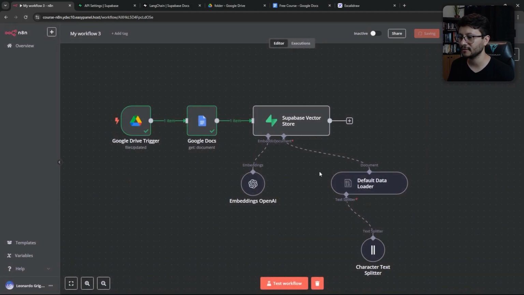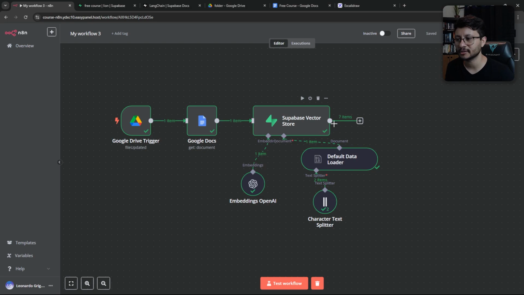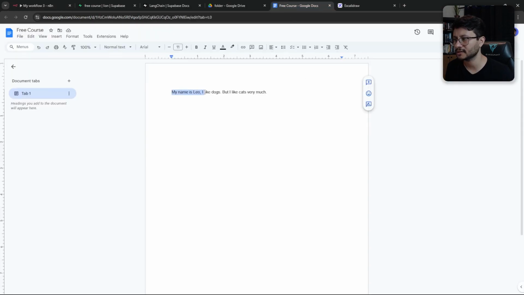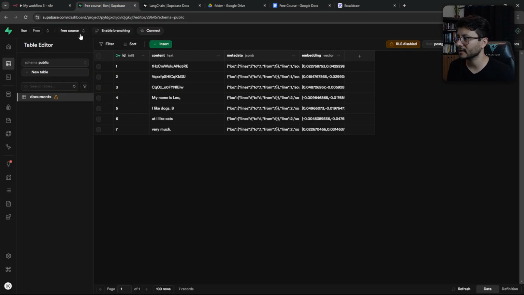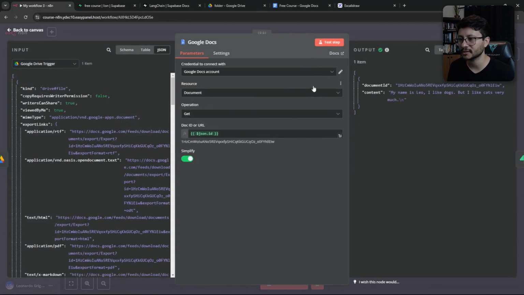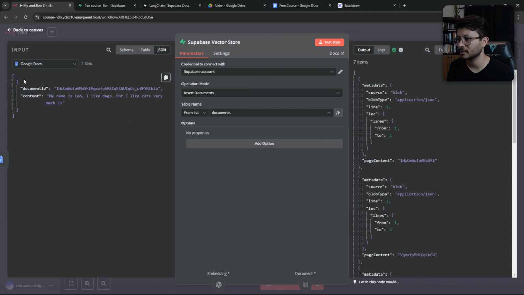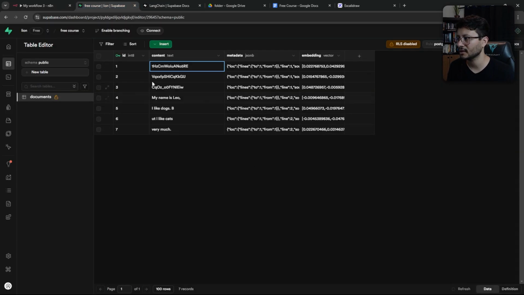Let's just place 15 in there. Go back, save, and execute this workflow. Notice that it generated 7 items. But why? Since dividing this phrase by 14 characters each, it should give me a maximum of 4 different documents. So when you head back to the actual database, you'll see these IDs. These IDs come from the Google Docs node. See, it outputted that, and so this main node interpreted it, divided it, and placed everything inside of the vector